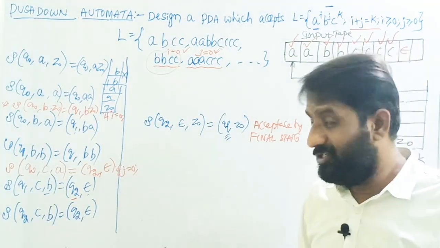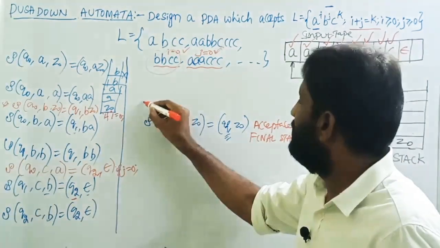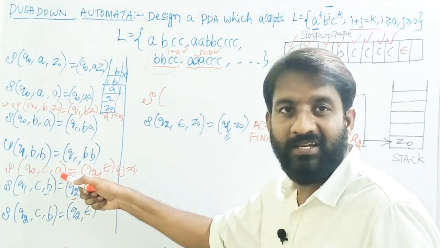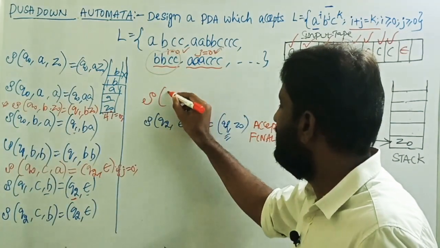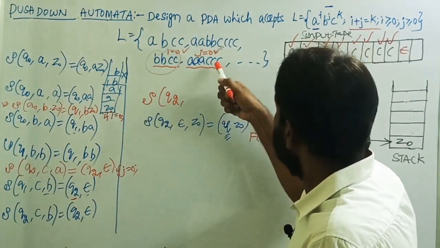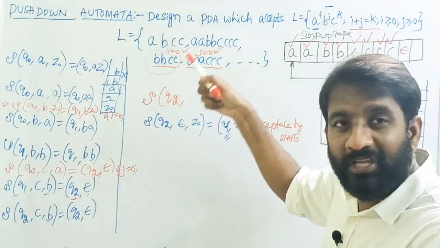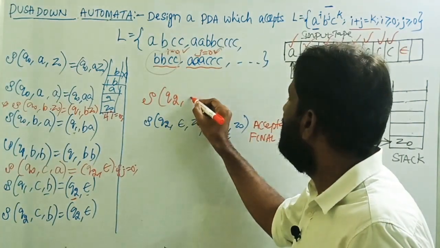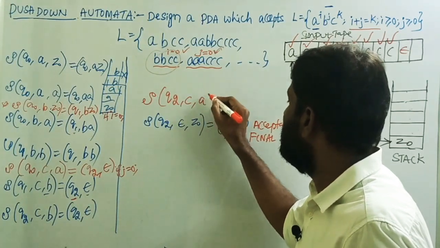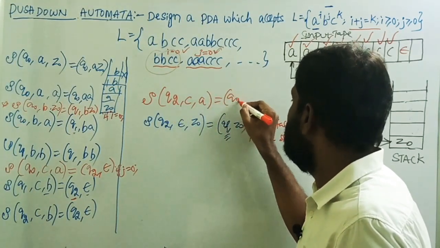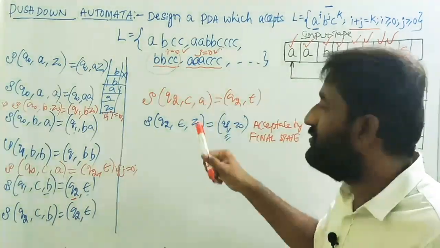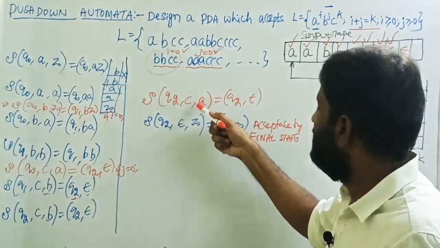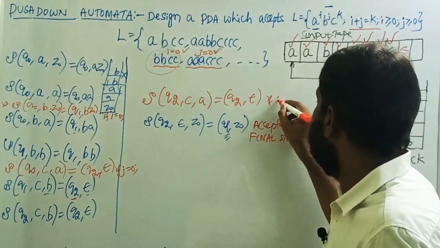Then we need to add one more transition. We read C with top of the stack A, so we have to write the transition of Q2. There is one more C, meaning that there is one more A on the top of the stack. We have to remove that also. So Q2, input symbol C, top of the stack A, equals Q2, epsilon. For every C we are going to remove one A from the top of the stack. So this transition is needed. Okay, this is the case if J equals 0.